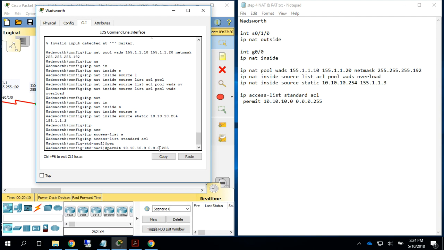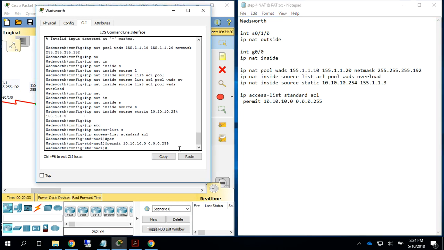and the inverse mask means the first octet match, the second octet match, the third octet match, and then a fourth octet ignore. So anytime there's a 0, there's an exact match, and then anytime you see 255, it means ignore. It doesn't matter. So 1 through 254 is what we're saying here. Any IP between 0 and 255. All right, so that's it. So let's go ahead